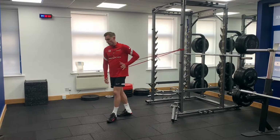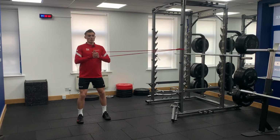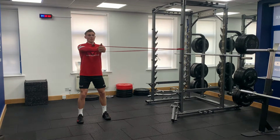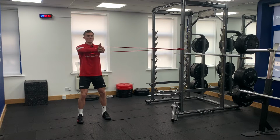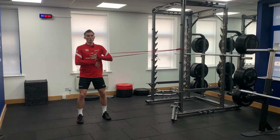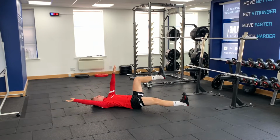Making sure that we're pushing the band out in a nice straight line, so we're not pushing to there. We're pushing directly in front of our sternum, then bring it in. Keep our shoulders back and relaxed. Knees can have a soft bend in them, hips tucked forward. And you should be able to talk whilst doing it, whilst engaging your core, especially in this side, but then also working across your...